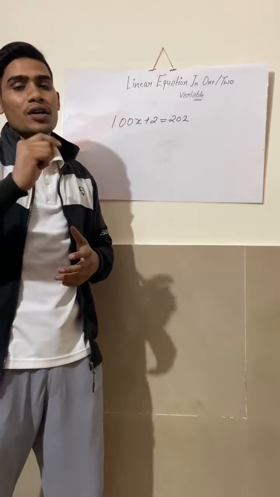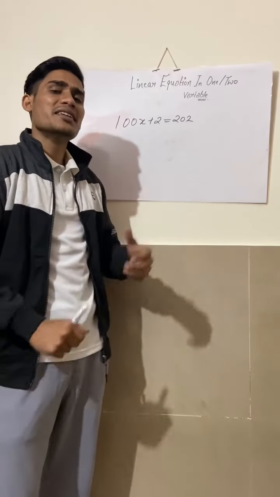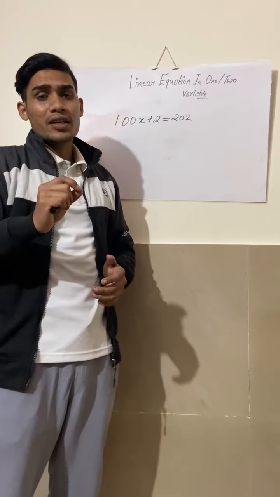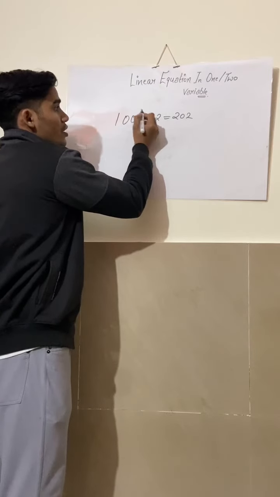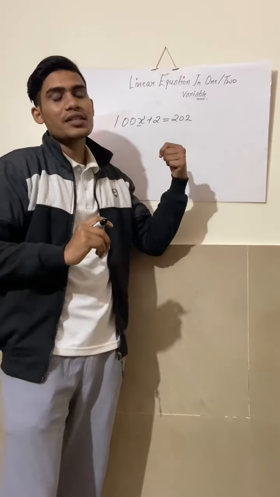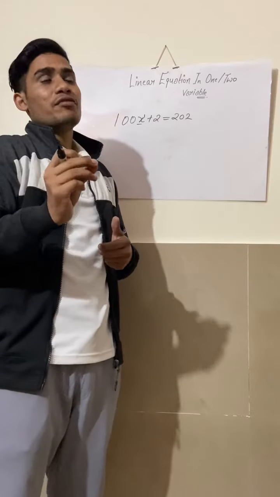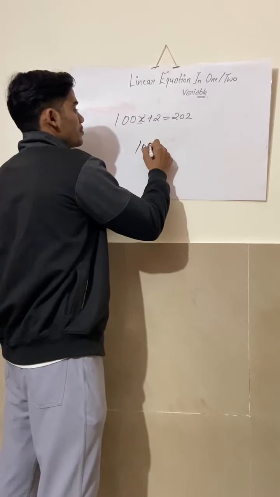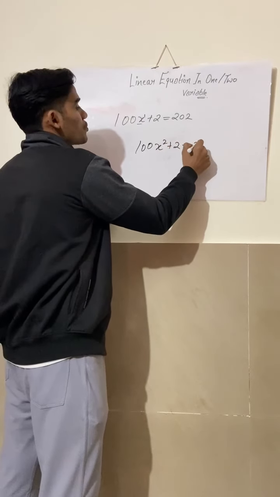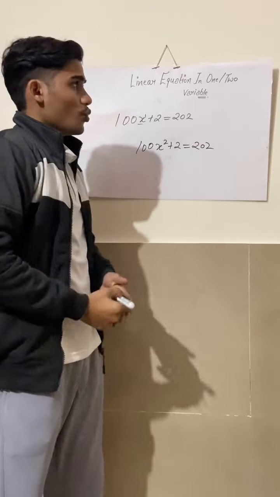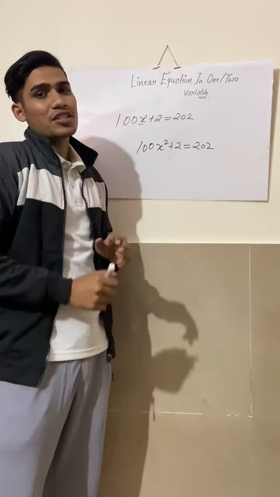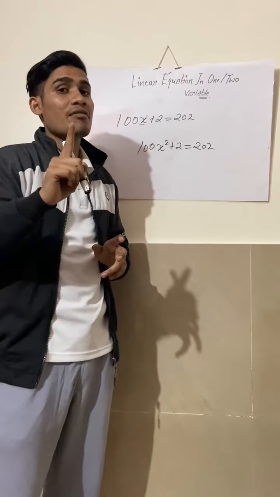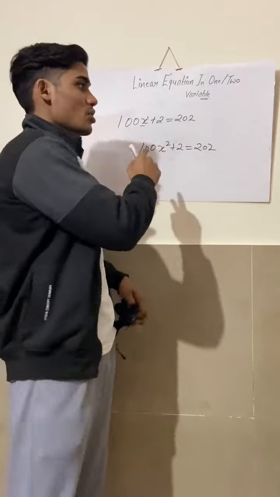Okay. Now I said the linear equation is an equation that represents a line. So how can we say that it is linear or not? For an equation to be linear, its variable must have highest power as 1. We can see this variable, its power is 1. So we can say it is a linear equation. I will explain it with a counter example here. If I were to write this equation this way, would you call this equation linear? No. X is a variable and its highest power is 2, and a linear equation must have 1 as its highest power. So it is not a linear equation.